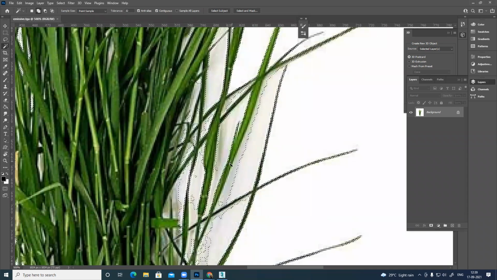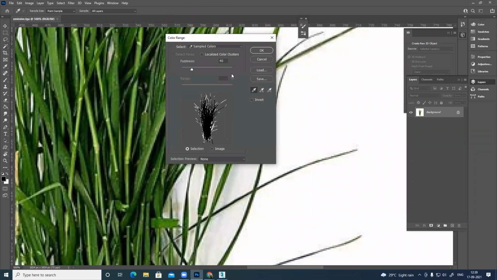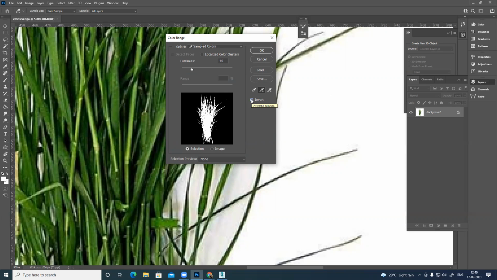You can just simply check. Yes, that is something we can do. Color range, yes, we can do that. Color range, it's already selected. Plus this thing, all white is selected everywhere. Okay, let's see.